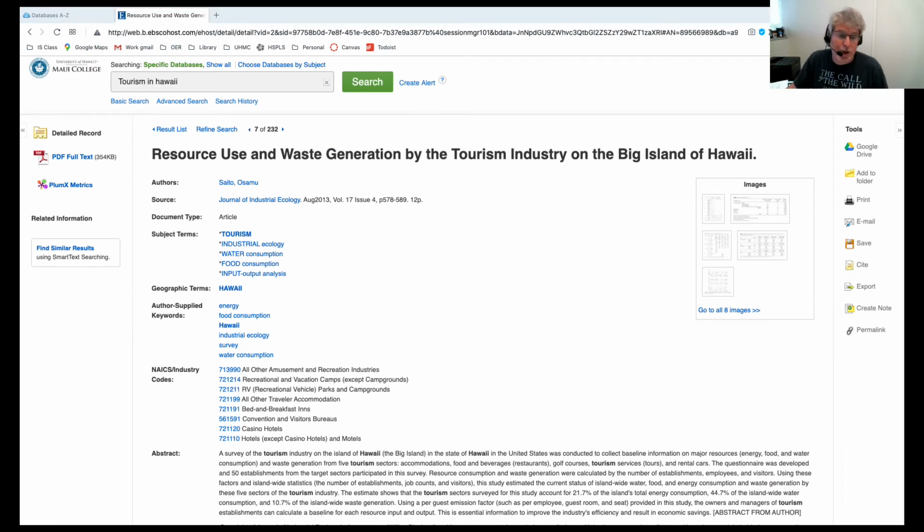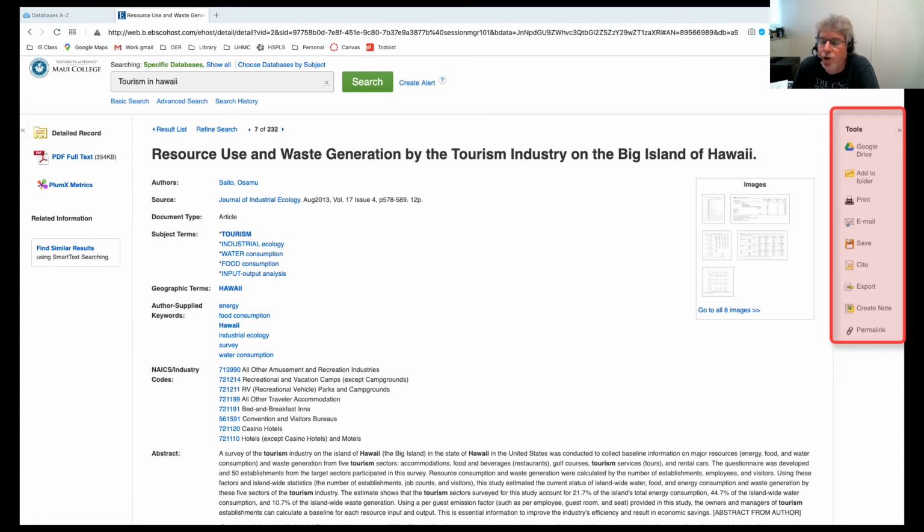Now, that's the results screen. But let's say you've already picked your article, and now you're looking at an individual article screen. Now, I went over some of the basic information in the previous video, but this is a little bit more advanced. On the right-hand side, you can see the Tools menu. These tools give you the ability to share, save, find the article again, etc.